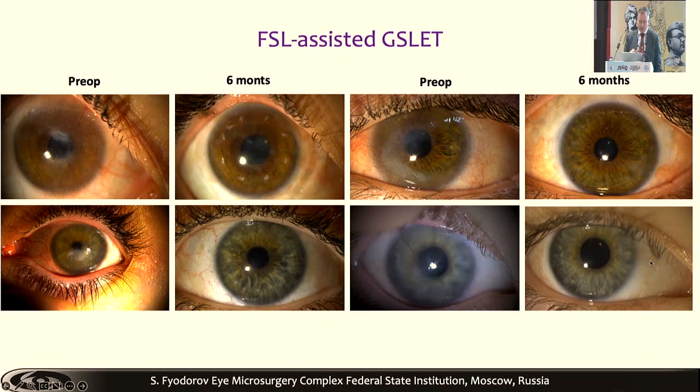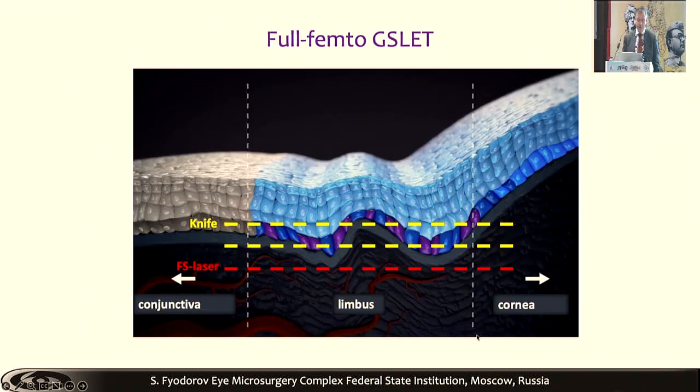So these are some of the results, preoperative and postoperative view of the eye after 6 months post-surgical procedures. And this is case 1, case 2, case 3, and case 4, and there are many more that we have. So the next step was to avoid the knife not only during the process of creating the tunnels, but